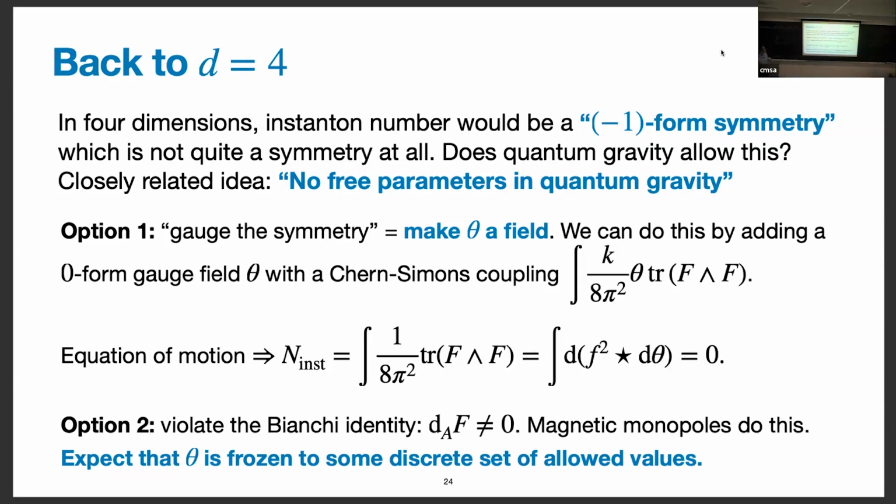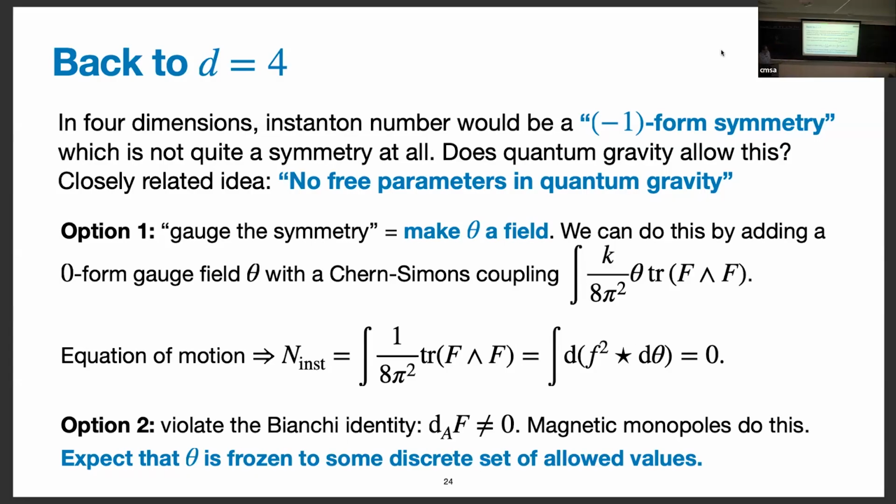Okay, so we can gauge the symmetry by adding something like an axion. A precise sense in which you can think of this as gauging, even though this isn't an ordinary symmetry, is that the instanton number is the integral of this current. The equation of motion in the axion theory sets that equal to a derivative of the axion current, and the integral of a total derivative is 0. So we have removed the net charge, which is what gauge theories do. Right? It's like a Gauss law constraint that tells you in a closed space you can't have a net charge. Except here it's space-time instead of space. That's the way in which this d=4 case is kind of funny.